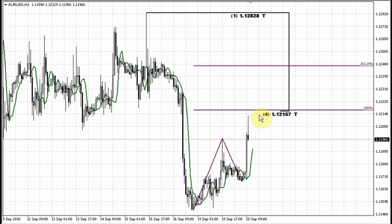As you can see, market right now has completed the target of the double repo, and even a higher level has been reached, because we need to use not this level but the level not from that top but from that top when the thrust has started. So it already has been exceeded by the market. So you can see market even has reached a higher level. 50% resistance market right now stands,